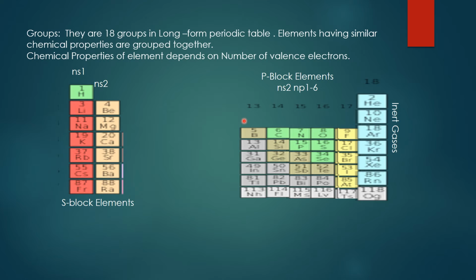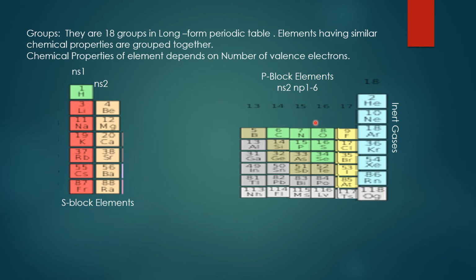So if the number of valency electrons is 3, then it is nothing but the 3A group. All these elements will have the same valency electrons. The carbon family also has the same valency electrons, the nitrogen family will have the same valency electrons, the oxygen family will have the same valency electrons, and halogens will have the same valency electrons. Are you clear about that one?